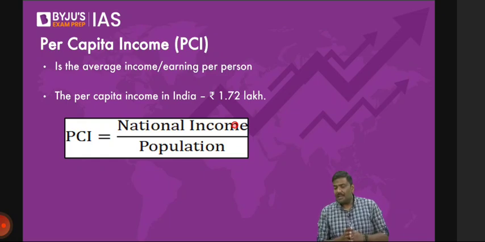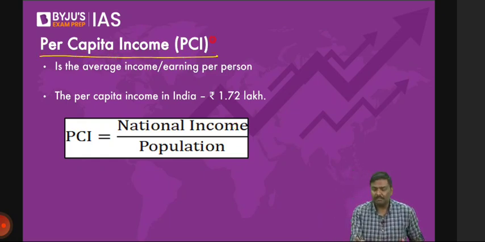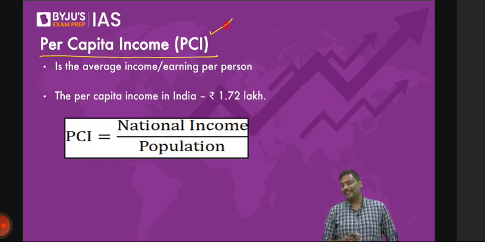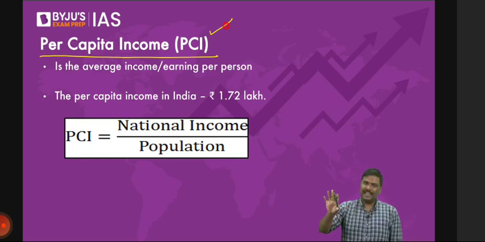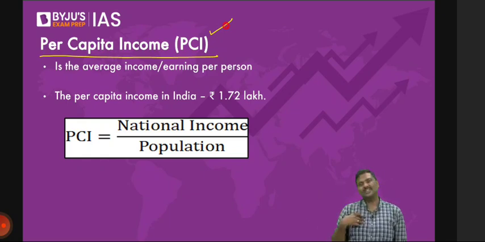PCI, per capita income. Very recently it was there in the newspaper, please be very careful. And two students asked, in which newspaper? Except Hindu. I've not seen this in Hindu, but again, it could have been mentioned here and there in the corner. I don't read the complete Hindu, I focus only on the economics page. Economics is my area, that is where I focus. But as far as I know, even in those pages, it was not discussed. But in other newspapers, a lot of discussions happen.